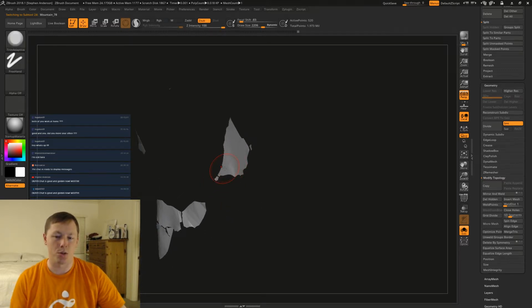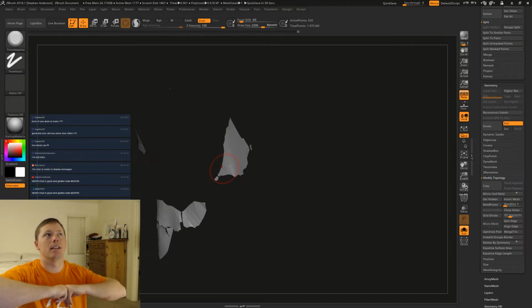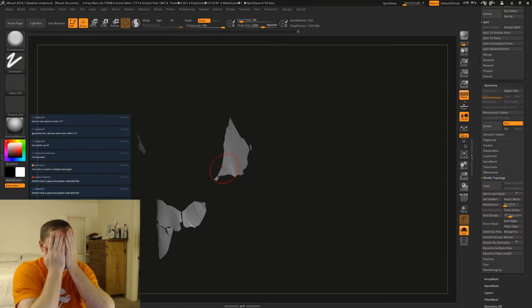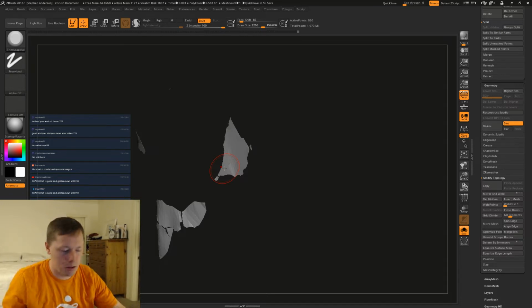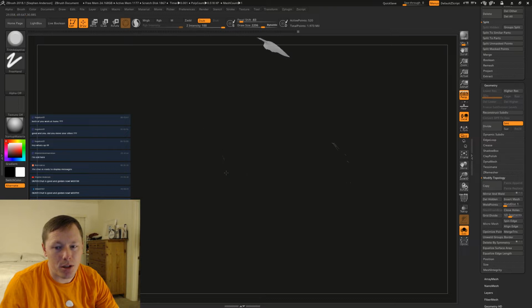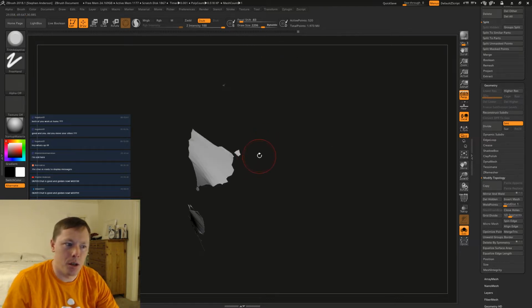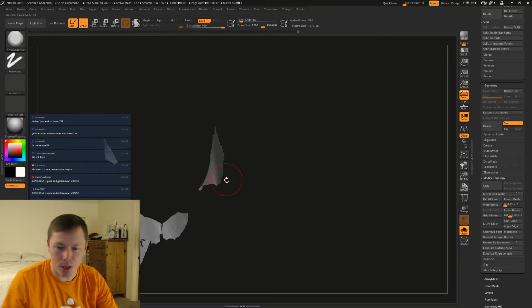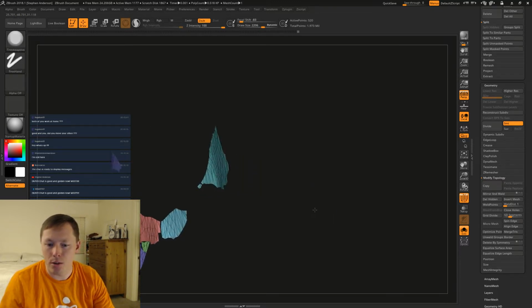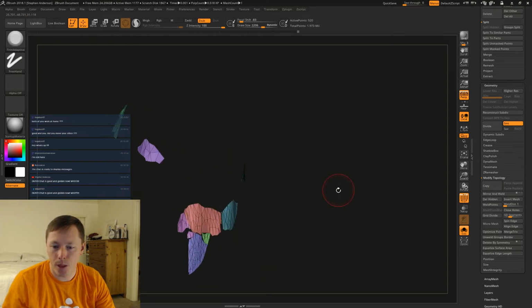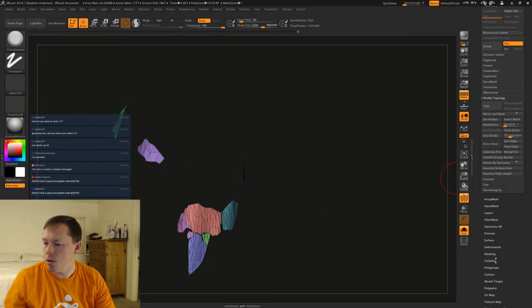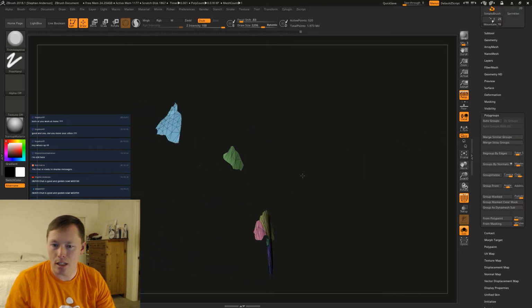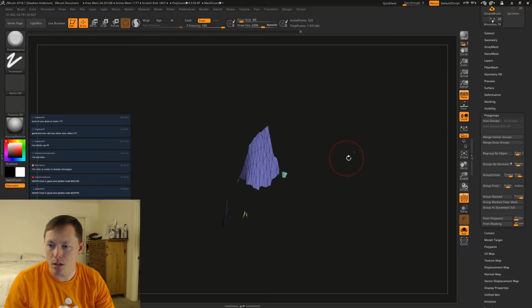These pieces are so small that if I were to simply close holes, it would probably do it, but not in a way that I would like. Right now you can see we've got these single-sided pieces. Really quick, I'm going to say polygroups, auto groups, just to make sure everything's different. Okay, and we can see each piece.